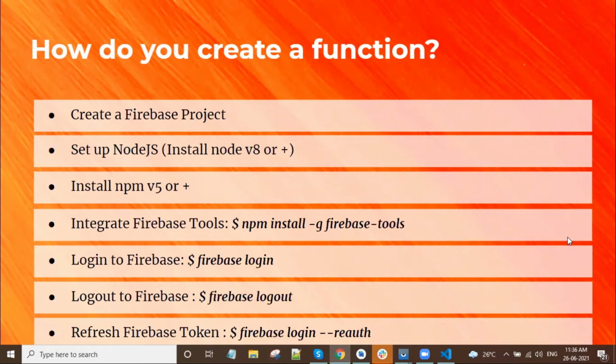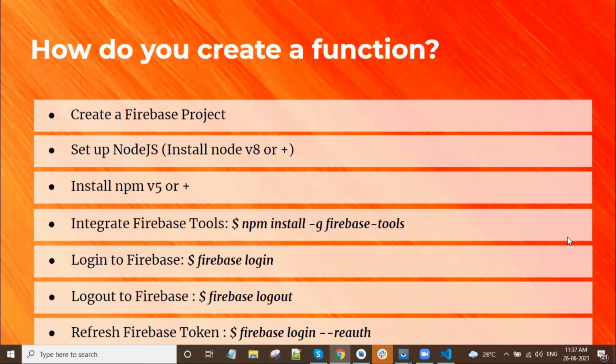Then we need to log in to our Firebase account to use our Firebase project. After installing the Firebase tools, to check that Firebase is installed completely, you have to type firebase in the terminal. You will get all the commands in the terminal, so you can use that to log in or for any other function.